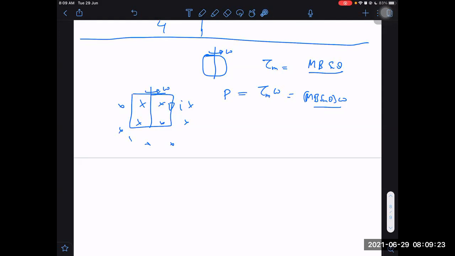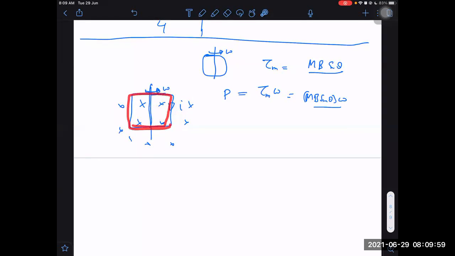Why? Because when I turn it with omega angular velocity, there will be EMF induced inside it. The rate of change of magnetic flux will cause some electric field or some EMF to be induced. When that EMF is induced, that EMF can do work on it. It can reduce the current, or it can increase the current depending on the situation. You know already that by Lenz's law we can tell whether it increases or decreases. But EMF is there or not? That induced EMF is doing something or not?